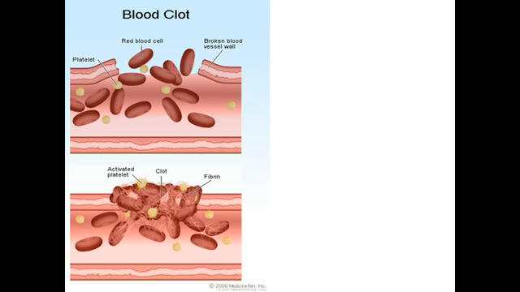Here's a little diagram to show how this works. Our blood, as you know, contains red blood cells, and it also contains these little things that are called platelets. And the fibrinogen is a protein which makes up the platelets. When the blood comes in contact with the air because of an open wound,